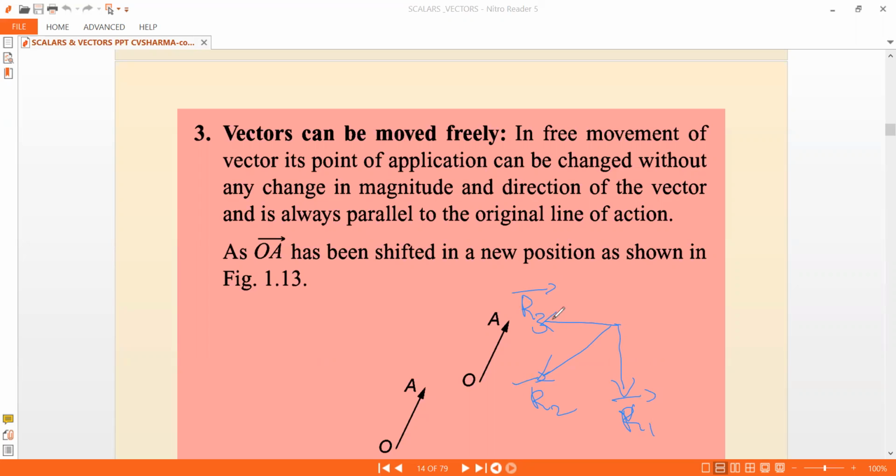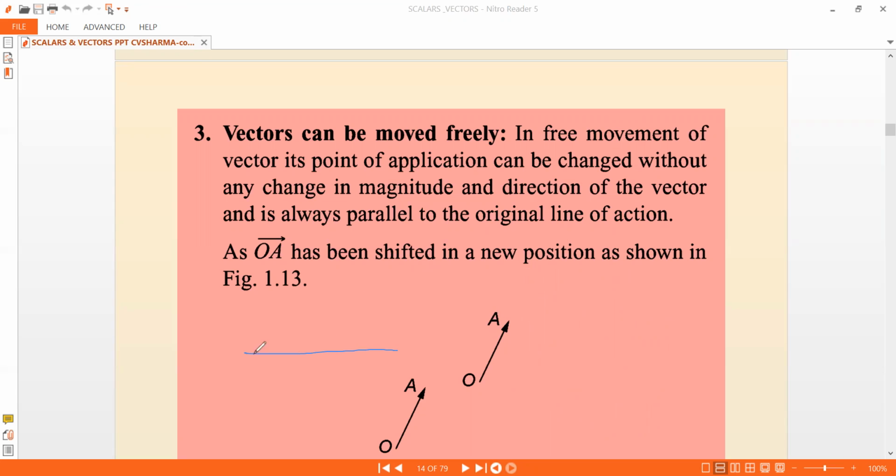Yes, I can do that, just by drawing a parallel vector to R3. So this is one way. Many ways are there. You can slide this vector up, and then slide this vector up. You can do this vector like this, and then draw a parallel vector like this. So it's allowed. But while doing this process, you should not change the direction of the vector. That is most important. The direction of the vector should not change.